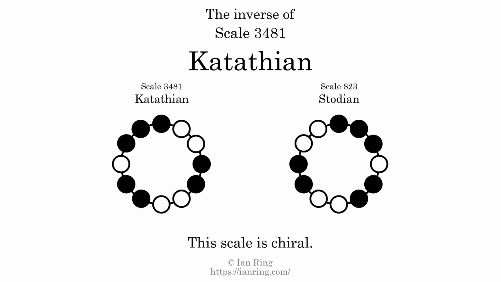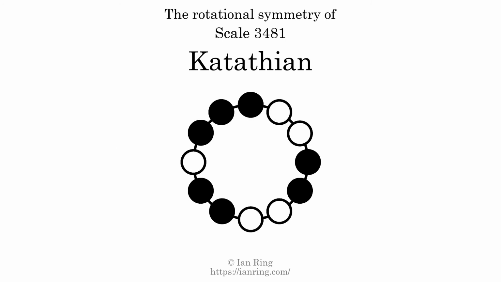The inverse of a scale is a mirror image. It is what you get when the sequence of intervals is reversed. The inverse of this scale is scale 823, also known as Stodian. This scale is chiral. It cannot transform into its inverse by rotational transformation. This scale has no rotational symmetry. For even more detail about this scale, visit